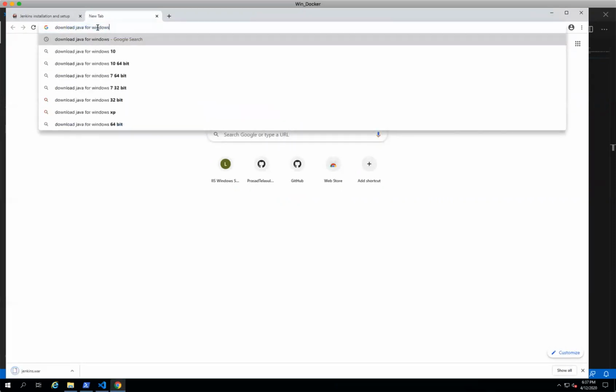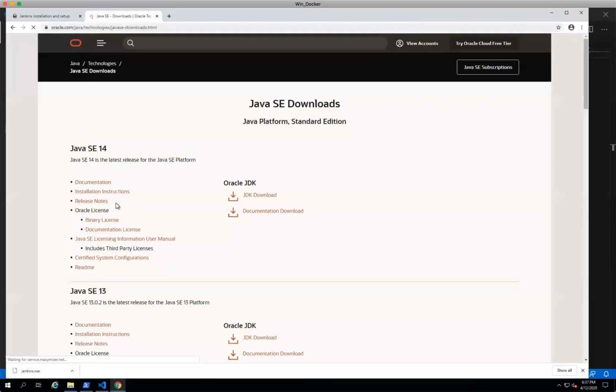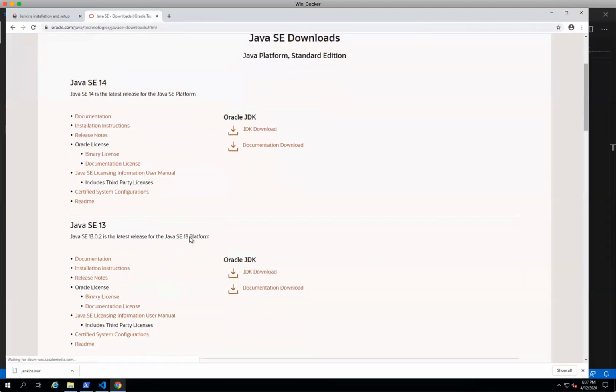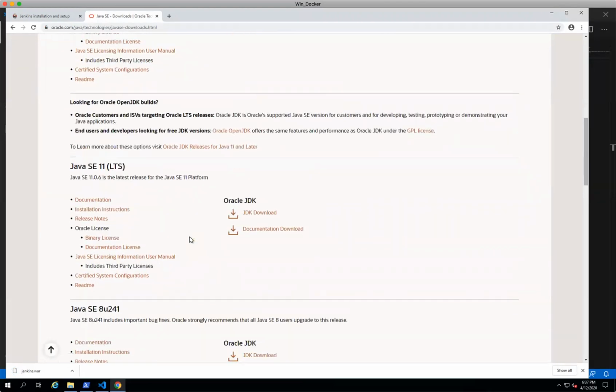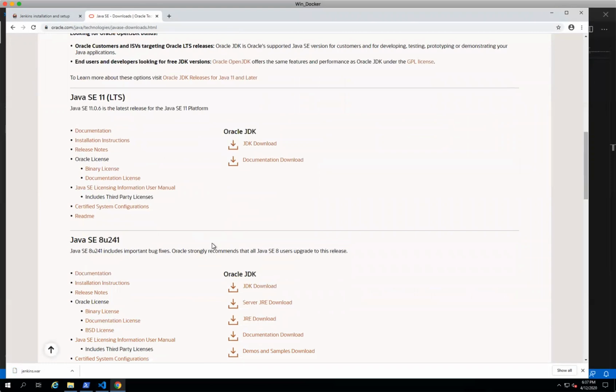Download Java for Windows. Click on this official Java link, and then search for version 8, Java 8. Here you can see Java SE 8u421, and the download link.